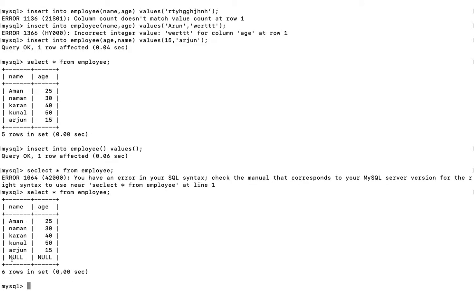Okay, so here we got a null and another null value. Now how do we check whether it is null or not null? So we will use, so we have to create another table